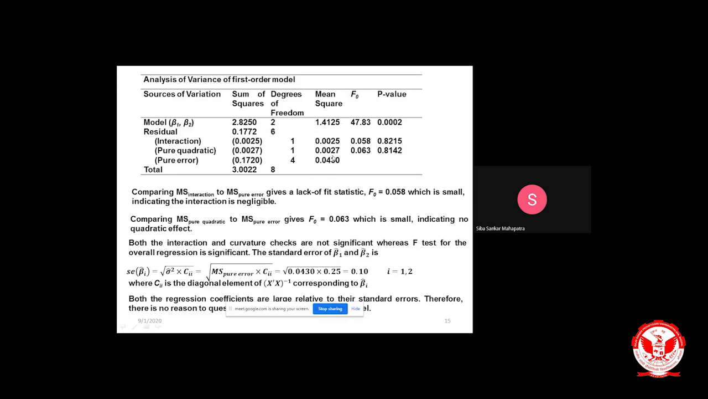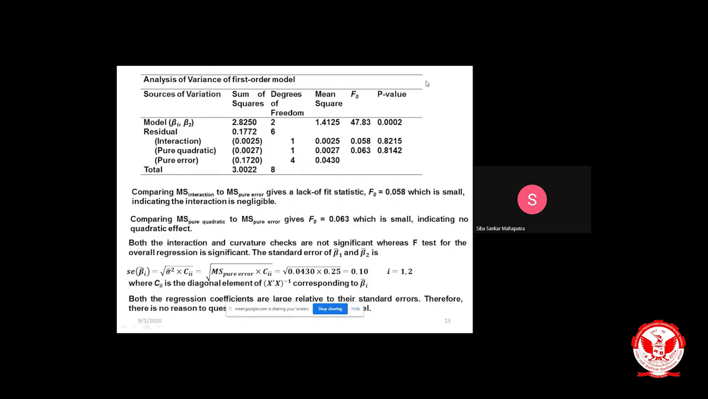Then we calculate F0. F0 is the mean square of a factor for the model divided by the pure error. We got the F value. It gives the F statistic, also known as the Fisher statistic. So we got 47.82. When this calculated value is greater than the tabulated value, the F value given in the table,